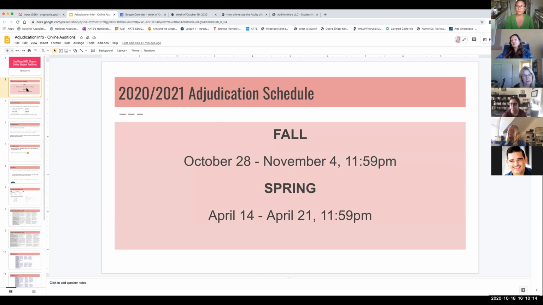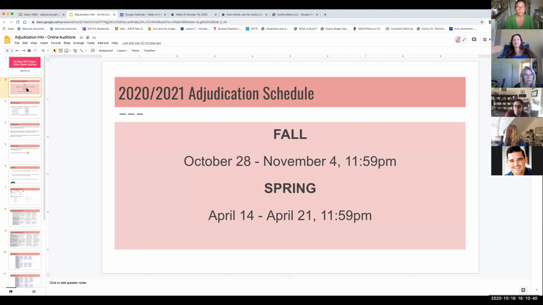This adjudication is different this year. You have a full week to complete your adjudication, from October 28th to November 4th at midnight. You can do that anytime you want in those 7 days. You can start and then come back. If you're someone who likes to chunk everything together, feel free to do that. But if you want to do a little bit every day, you can do that too. So it's exceptionally flexible. You have 7 days.